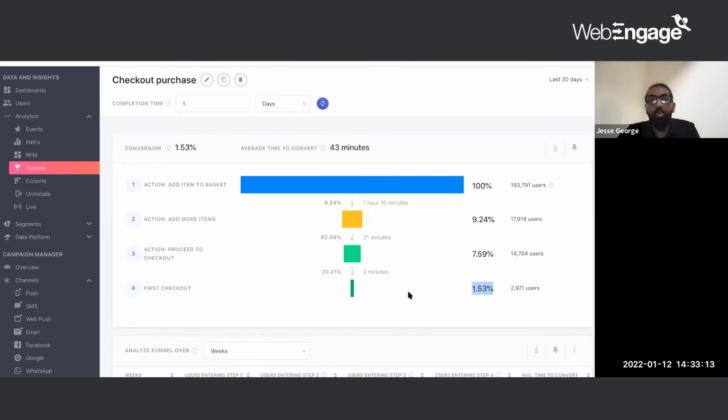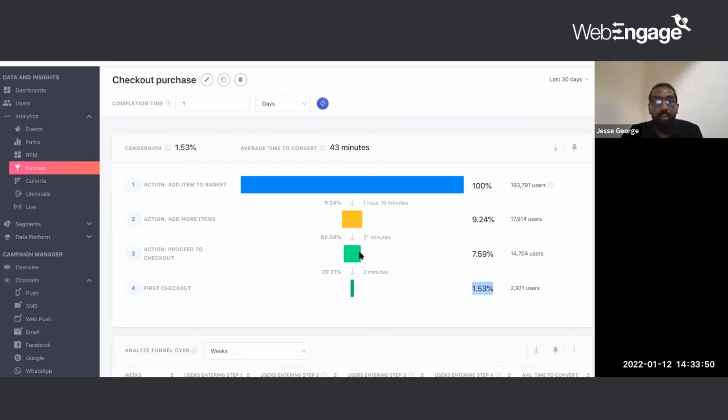For example, if you just try to solve this gap, you're only targeting 3,000 users. Now, from my funnels, I know that there are 103,000 users who have actually added a product to cart. So maybe I need to see how I can solve this gap first. Now, once this gap is solved for, let's say, for example, from 100%, 50% goes on to add more products to their cart. What does it mean? Ideally, there would be a trickle down effect towards the lower sections of the funnel as well. So this is one way that we can slice and dice data and figure out how to run our engagement strategy